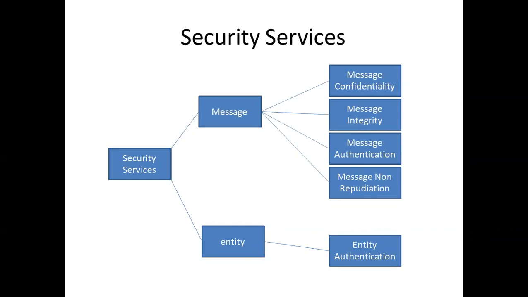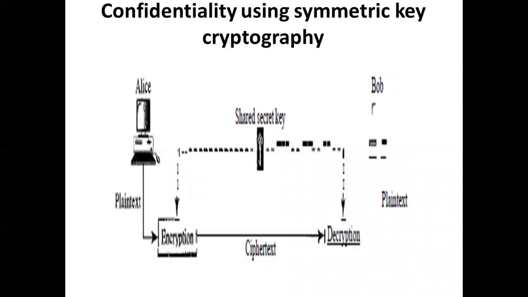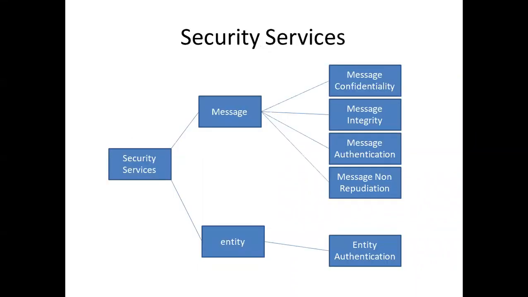Security services are important, and they are looking at it from two points of view, that is from message point of view and entity point of view. Maintaining confidentiality of the message, maintaining integrity of the message, authenticating that the message has come from a particular user, and the user should not be able to deny that he has sent a message. These are the aspects that come under message. And under entity, we should be able to authenticate, we should be able to check, verify whether the message has come from an authentic user or not. Okay, now we will start with this one by one. We are first going to learn message confidentiality, then integrity, and lastly authentication.